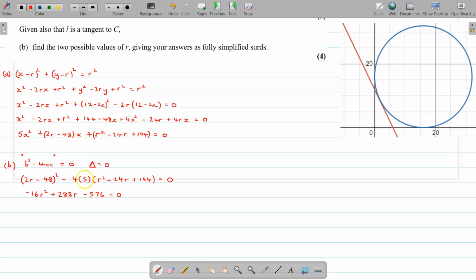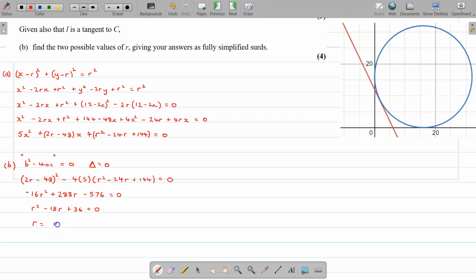And if you multiply everything by minus 1 and divide by 16, you get r squared minus 18r plus 36. Now we already know that it won't factorize because they ask for the answers as fully simplified surds. So now we can use the quadratic formula. It's probably the best way of doing that. And it tells us that r equals